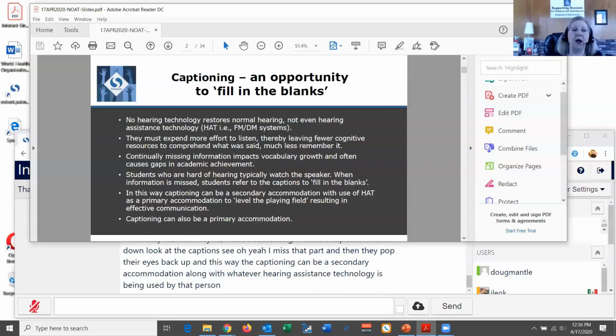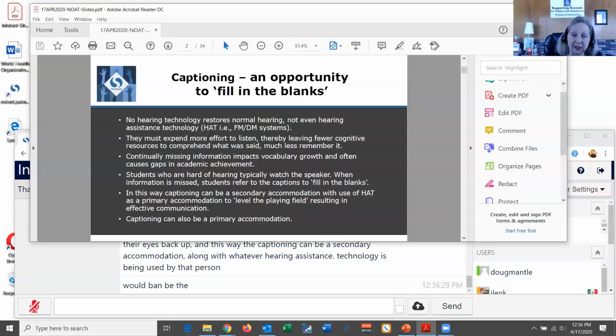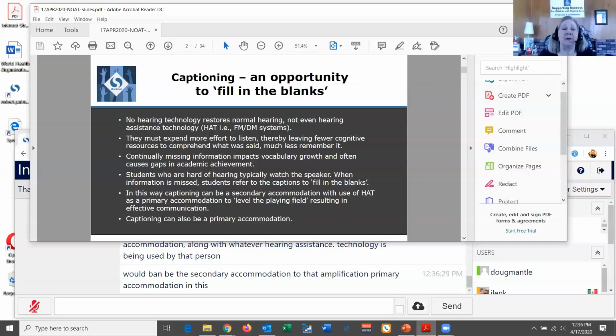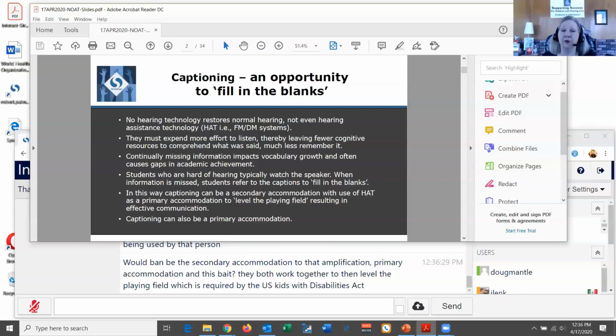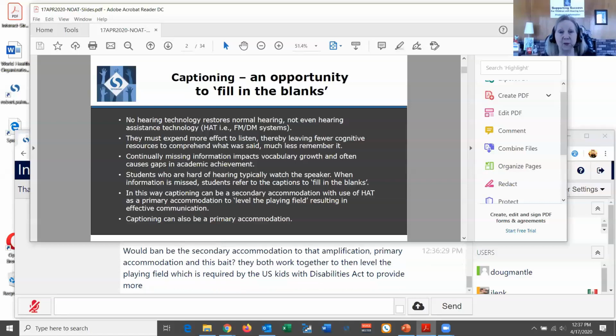The captioning would then be the secondary accommodation to that amplification primary accommodation. And they both work together to then level the playing field, which is required by the U.S. Americans with Disabilities Act, to provide more effective communication.